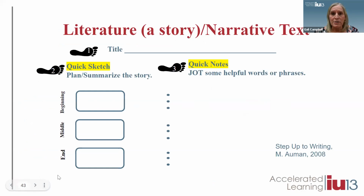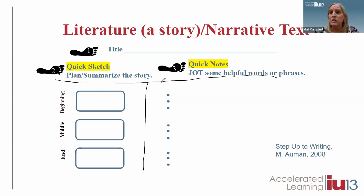Here's the T chart, and I'm just going to use my annotation here to make a T. If we get kids to start making their own T charts, they can just start with a capital T. If it were for the informational, they would put the stars on the left and the dashes and dots on the right. However, for this